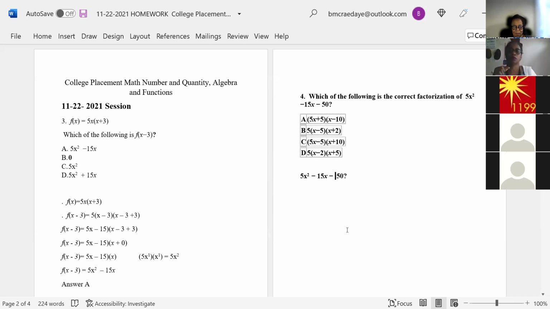Can you find the number? Right, 5. That's right. Perfect. 5. In other words, 5 goes into 5 one time, 5 into 15 3 times, 5 into 50 10 times. So that's right. So we can factor out the 5. And what do we have left, Vanessa, for x squared?